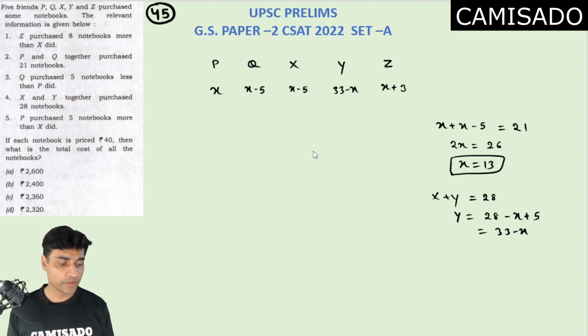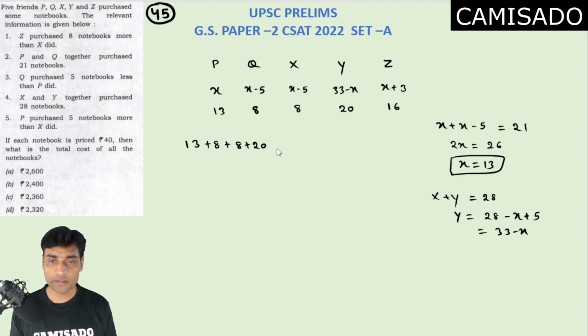So overall, how many notebooks we have purchased or we have seen here, you can see. So it is 13 here. Q has X minus 5, that is 8, again 8. 33 minus Y has got 20 and he has got 16. So total number of notebooks are 13 plus 8 plus 8 plus 20 plus 16. So total is 65